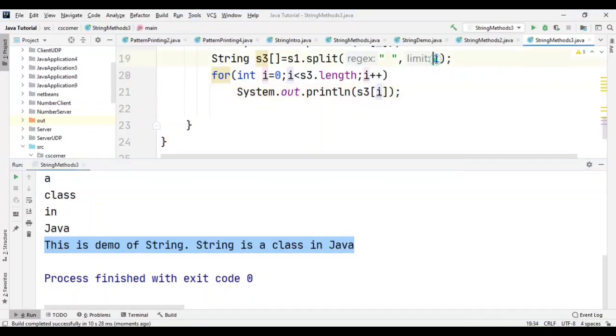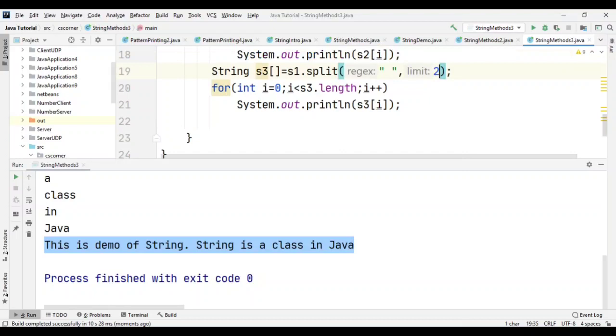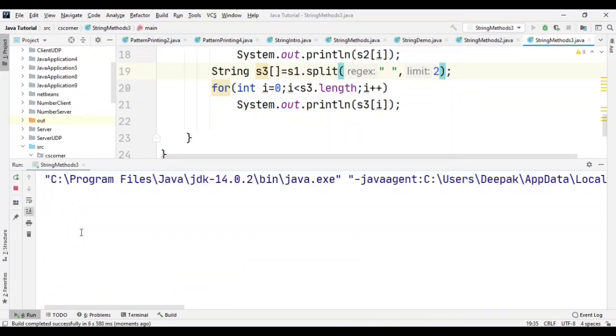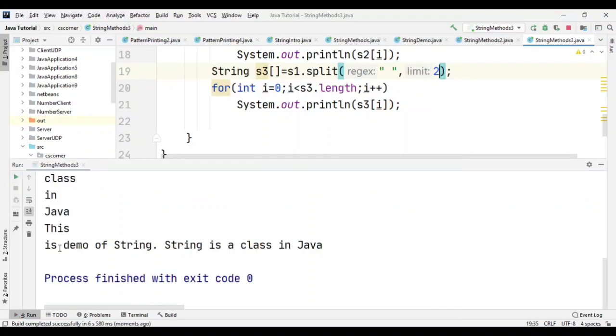Instead of passing 1, I can make it 2. Then what should be my output? This, and after that the second string will be is demo of string, string is a class in Java. That should be my output. So here you can see it is printing this, and my second string is going to be is demo of string. If I make it 3, then what will happen?